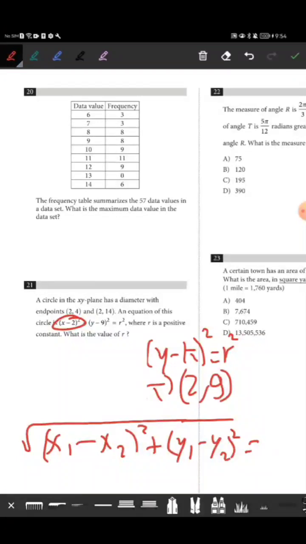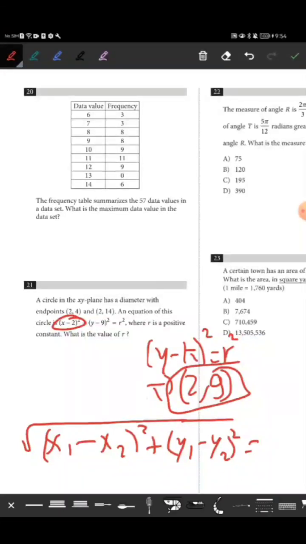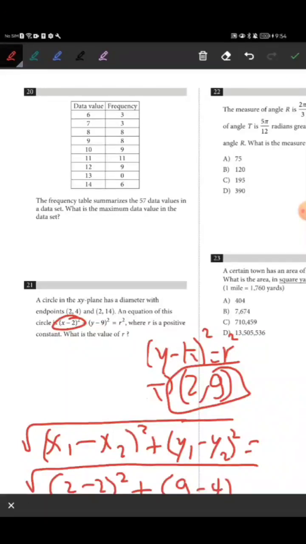So we're going to substitute 2 and 9, which are the values of the center of the circle, and one of the endpoints of the circle, which are 2 and 4. Or 2 and 14. It's not going to make a difference, but 2 and 4 are the smaller numbers, so let's pick 2 and 4. So let's substitute in the equation. So this is going to give us 2 minus 2 to the power 2 plus 9 minus 4 to the power 2